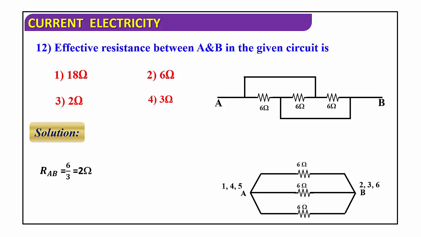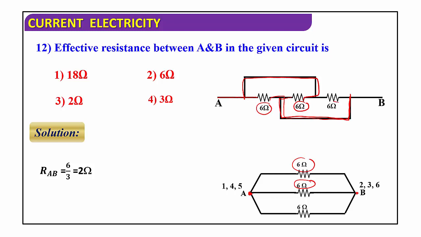Clear? So I will explain how I redrew this diagram. This is a 6 ohm resistance. How it is connected, you can observe. It is connected to A as well as to B. The 6 ohm resistor is connected to A as well as B. First I drew it here. Come to the second 6 ohm resistance. Observe here, one end of the 6 ohm is connected to B and the other end is connected to A. This means I can take the second 6 ohm here between A and B.